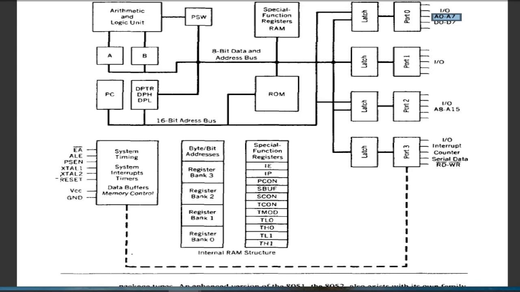Then the reset pin is there. What will the reset pin do? All the register contents of register A, B, program counter, DPTR and PSW will be made zero. They will be reset to the zeroth position of this 8051. Then, as we know, VCC provides the 5 volt connection to this 8051 for its working, and ground is the pin which is connected to ground. So this is the 8051 architecture. So we stop here.